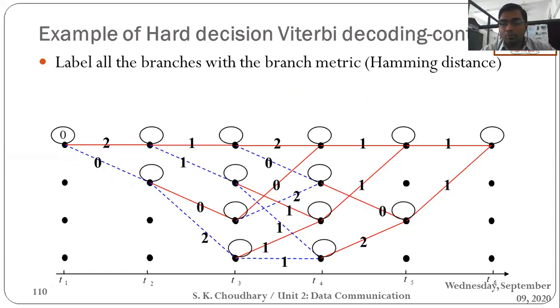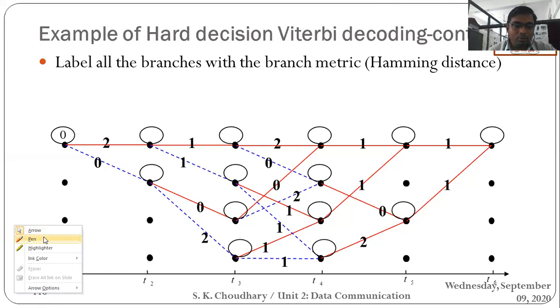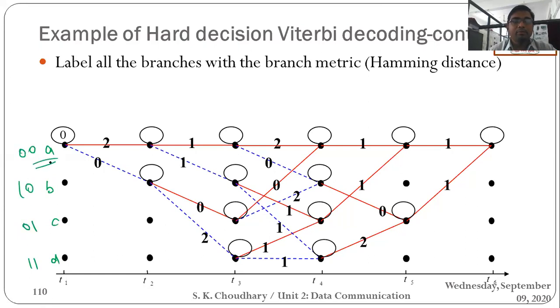So here I have told you that as per our procedure for drawing the Viterbi algorithm, we have to start at the first time T1, always starting with the node that has 0 0. Here A, B, C, D, it is this indication 0 0. You have to always start with the 0 0 node, because the metric value of this particular node is 0. So you have to start from this and compute the metric for every path.